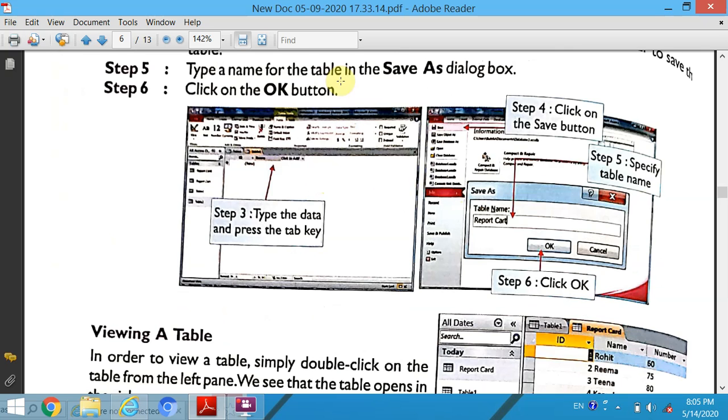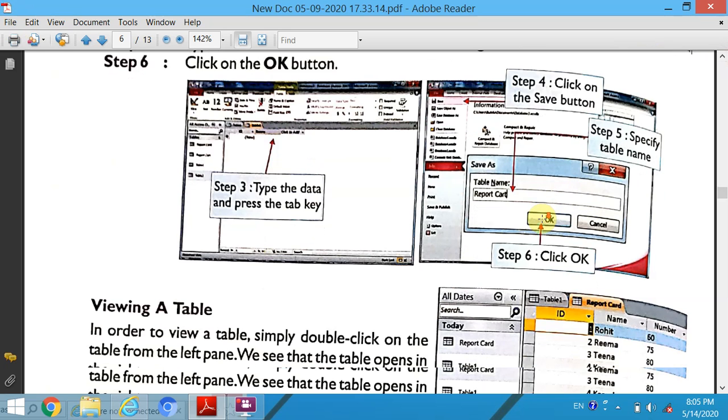Here you can add any number of fields according to your requirement. After that, type the name of the table in Save As dialog box and click on OK button. It will save your tables for future.